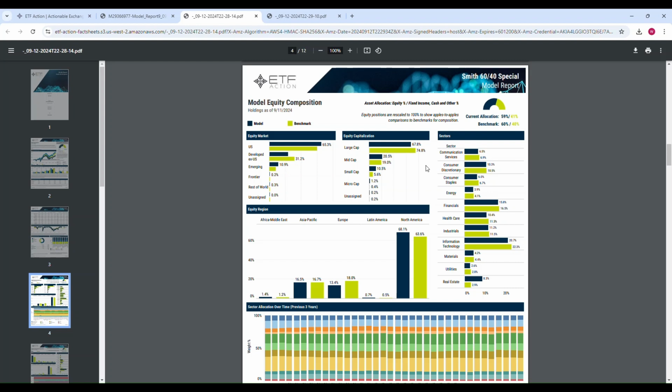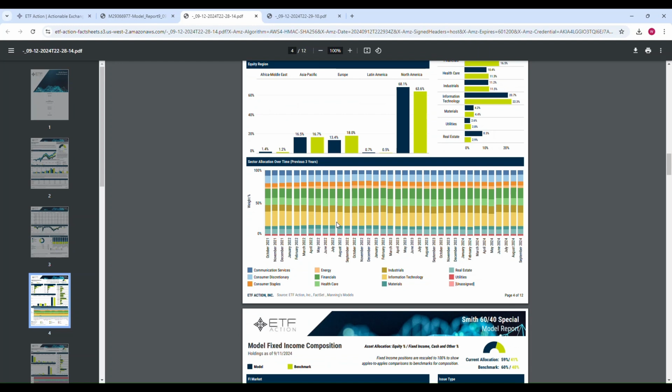Now on to equity composition, very similar to the fact sheet, but a little bit more in depth. Market cap, sectors, region, and then we also have the sector allocation over time. This is a pretty sticky model by design, very low cost, high beta, right? So this has stayed very consistent in terms of sector allocations. But again, a great way to tell your story of the model and how your allocations have changed over time given current market conditions,